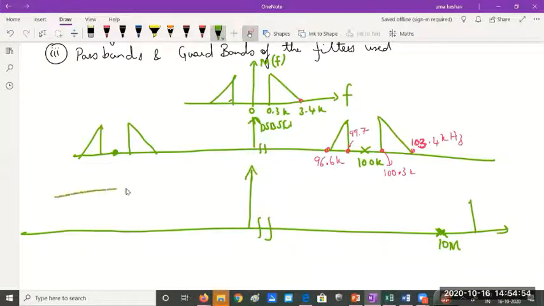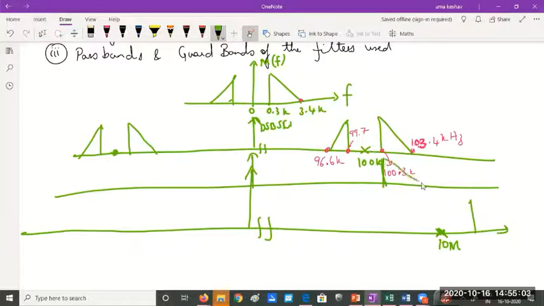Okay, I have to do one more thing here. I have to draw the SSB-SC. After filtering, let me say the upper sideband remains. You can retain lower sideband also. Anything is your choice. Upper sideband will range from 100.3 to 103.4. This is SU of f stage 1. Again here the upper sideband remains. And now this acts like message to the second stage.